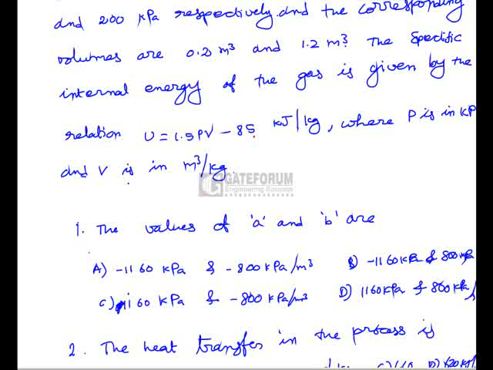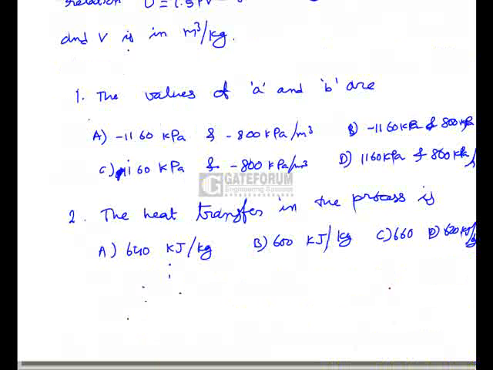So here the first question is, the values of the constants A and B are, and the second question is, the heat transfer in the process is. So here are the options, and coming to the solution, first we will have to find out the constants A and B. So here we know that the gas follows a relation P is equal to A plus BV, where P is pressure and V is volume, and it expands